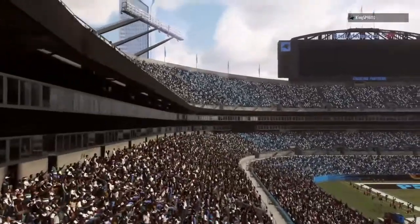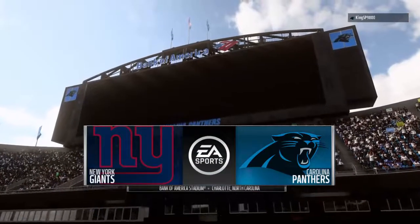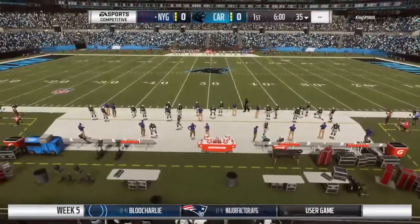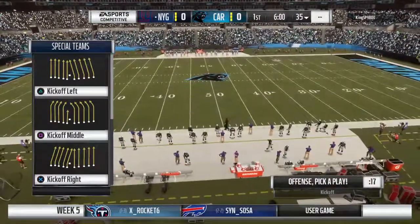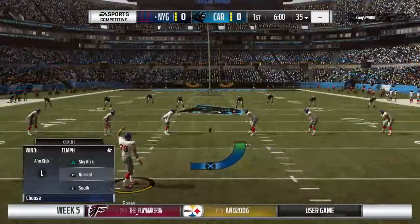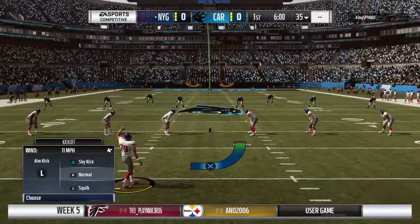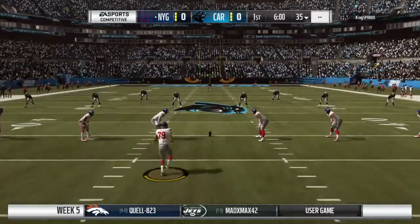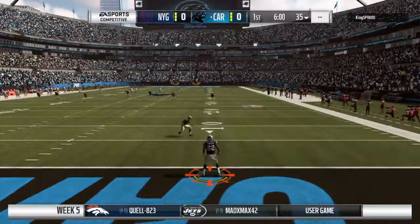EA Sports coverage of the NFL takes us to the Carolinas and Bank of America Stadium here in Uptown Charlotte. Just a few moments ago, this building was shaking as the Carolina Panthers emerged from the tunnel here in Charlotte. They are ready to go as the Panthers are set to match up with the New York Giants. The first quarter of the season already in the rearview mirror, and off we go in Week 5 on EA